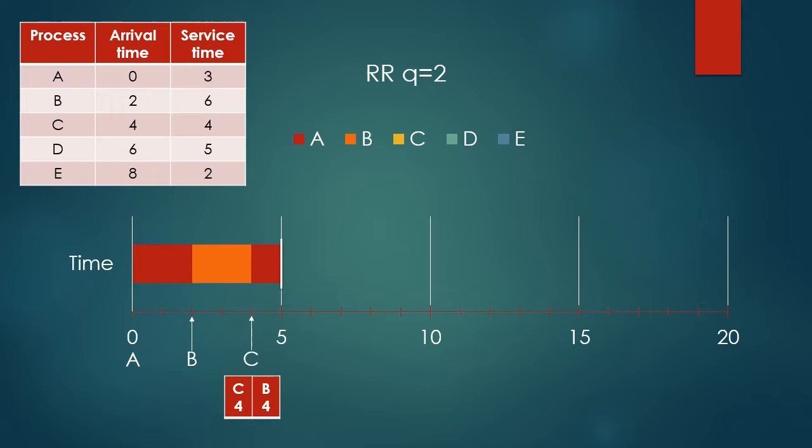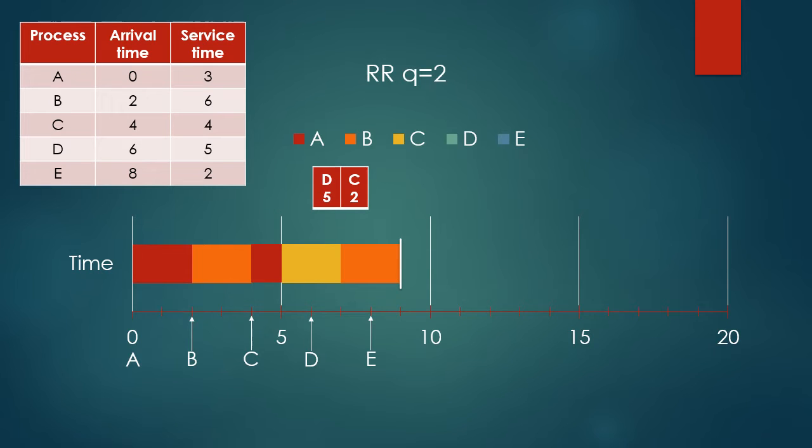A is taken from the head of the queue and given the processor. A runs for 1 second and finishes off. C is taken from the head of the queue and given the processor for 2 seconds. At time instant 6, D arrives in the system. The system puts D at the end of the queue. C is switched off the processor after 2 seconds and placed at the end of the queue. C still has 2 execution units remaining.